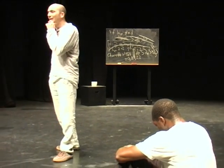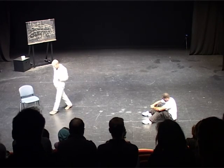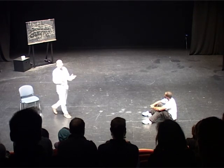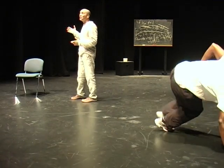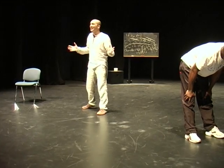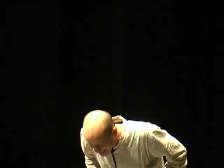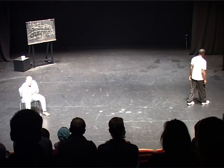Last week, a friend of mine recommended two books written by the distinguished physicist Sir Roger Penrose. Popular books that deal with the relation between the mind and physics. You see, I'm very interested in this topic, so I bought both of them, and last night I sat on my armchair, I picked up the first one, and I started reading. And right on the first page, the author was describing these moments that researchers or physicists